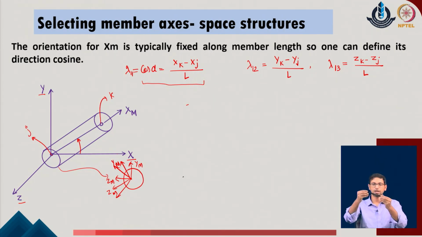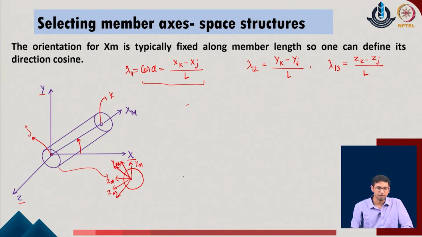So, you can just think about it that if this is a pin which is being considered as a skeletal structural form, I can identify the local axis of the member along the length of the system, that is the x of m. But now when it comes to the y of m and z of m, I do not have a specific choice. I can keep the axis like one in this direction, another in this direction. I can also come up with a different 2 perpendicular or the 2 orthogonal directions. So, as the choice of the axis for the y and z directions is not fixed, evaluating the direction cosines is not very straightforward. Unless we fix the orientation for the axis y and z, we cannot identify the direction cosines of the given system, right.